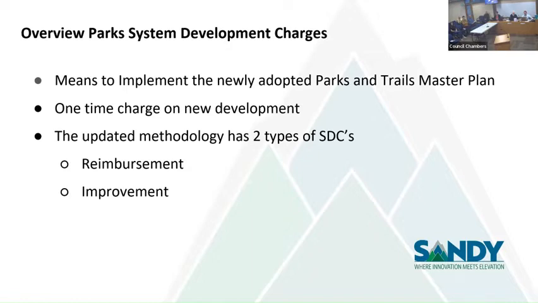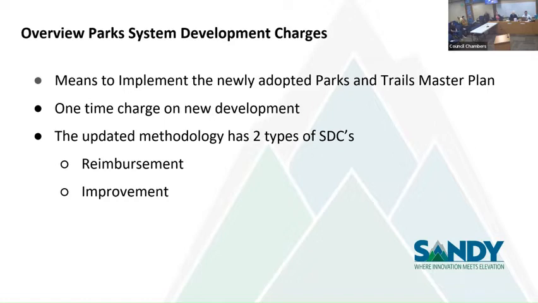So Parks fee in lieu is a one-time fee that actually supports the implementation of our newly adopted Parks and Trails Master Plan. And I just wanted to underscore there are 2 different types of fees, and there's a reimbursement fee and then an improvement fee. And the reimbursement fee can be used to basically reinvest back into our park system. So we can update Fantasy Forest at Meinig with it. We can maintain the Bornstead splash pad. And so any of those funds can be reinvested into our park system.